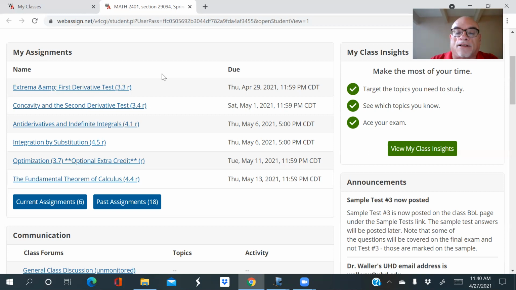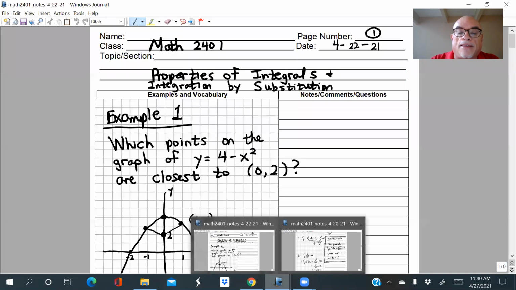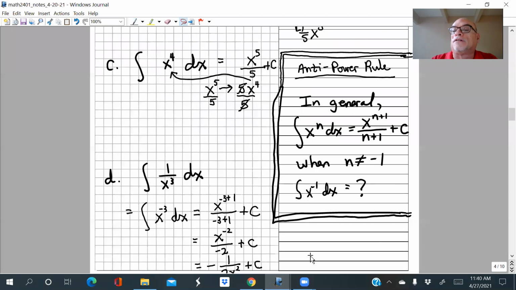So I'm just going to launch into the notes where we were last time. Okay, I think no, not these notes. These notes. All right. So we were just going through some examples of going through this integration process, or you can also call it the anti-differentiation process, but that's a mouthful, right?